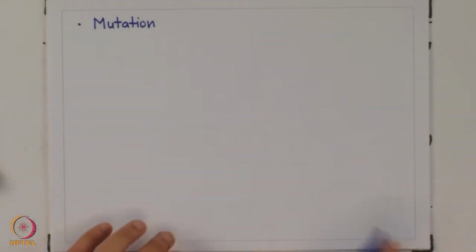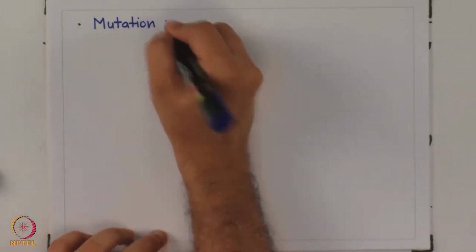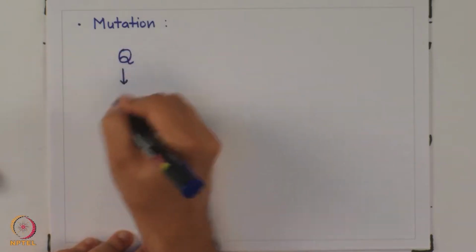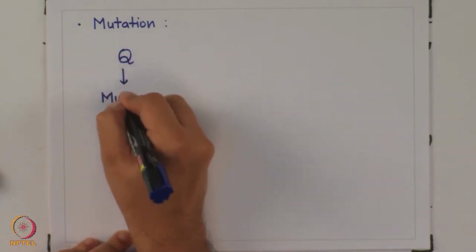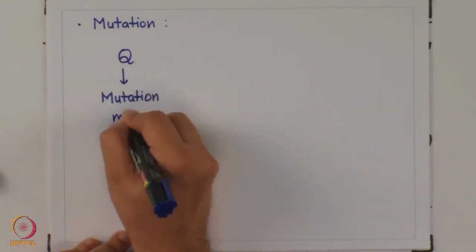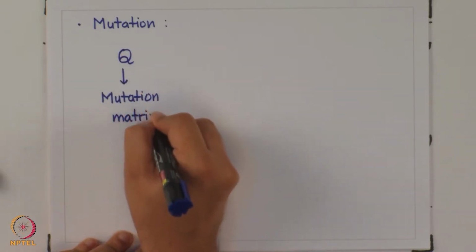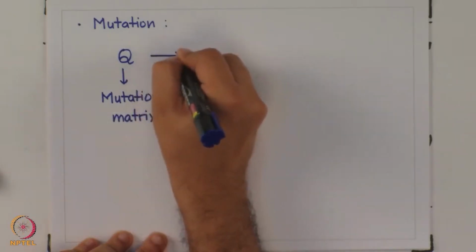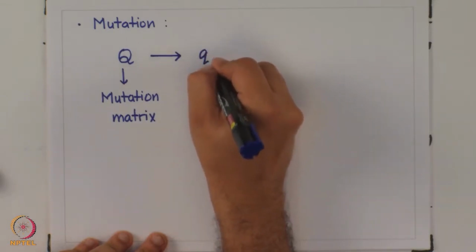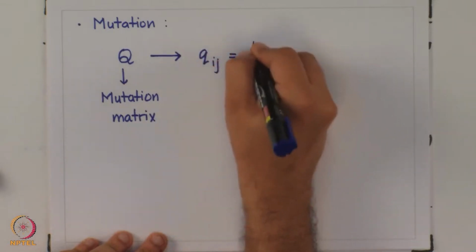So, we have mutation taking place and mutation rates are defined by the mutation matrix that we have been defining in the last few lectures. So, this is my matrix Q, which is called the mutation matrix, and its element Qij is equal to the probability